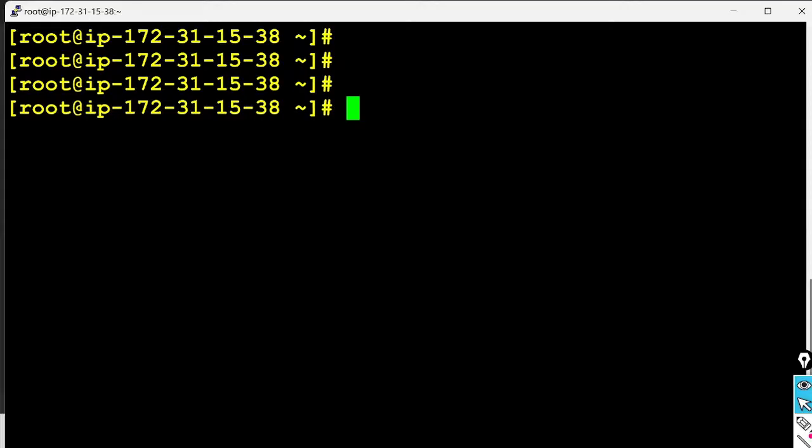Otherwise, it will not take effect. The update will not take place. That's why the concerned service must be restarted. The concerned service is what? SSHD. This is the concerned service. We need to restart it again. So to restart, we use the service command.